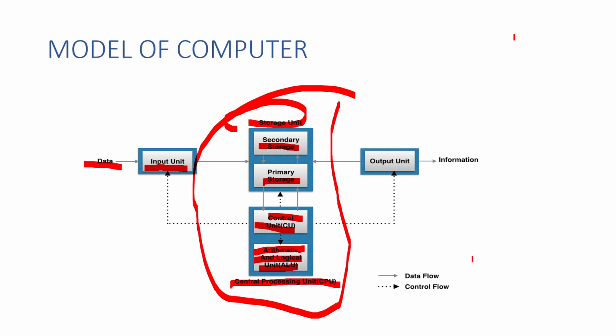So here are some notations which are given to you: this line shows the data flow and the dotted line shows the control flow. So control will flow from input to storage unit and from storage unit to output. In the same way the data will go from input device to storage and from storage to output. Here it is two-way: the output may also be stored in the storage unit. That is why the backward arrow is given.